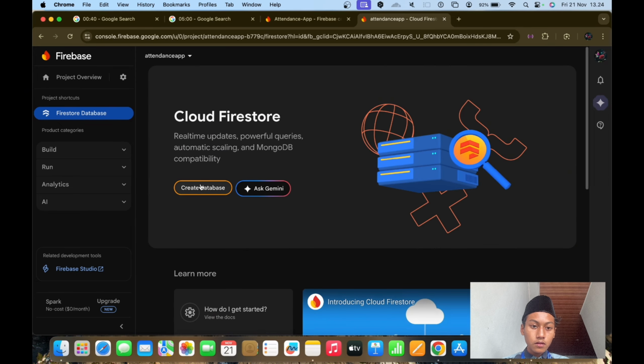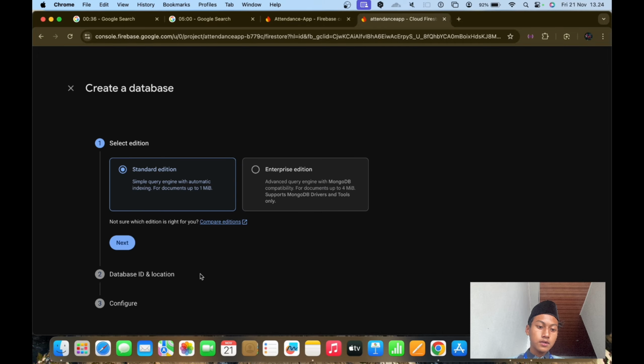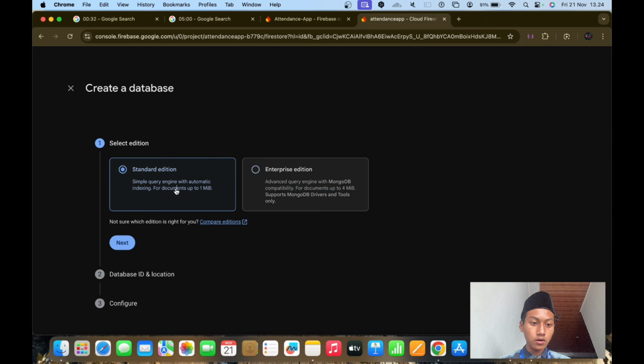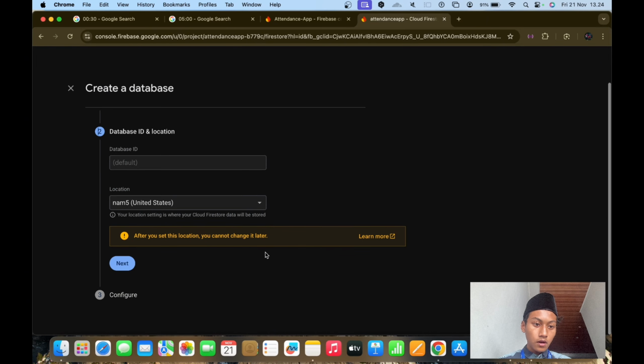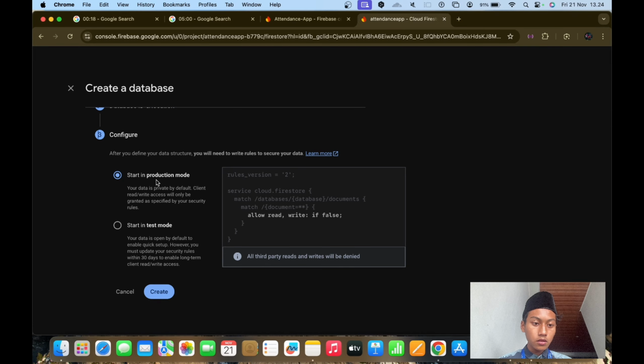Like this, you can also create a database. In the database you can use enterprise edition or standard edition. After that you can use the database ID. I think make it default. And the next is you can use start in production mode or start in test mode.